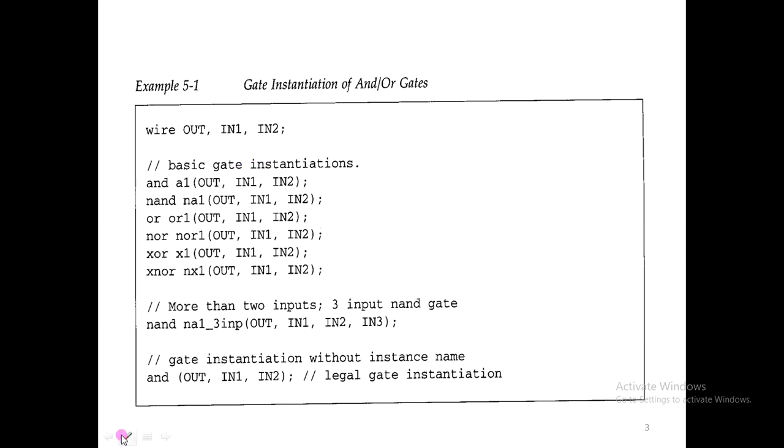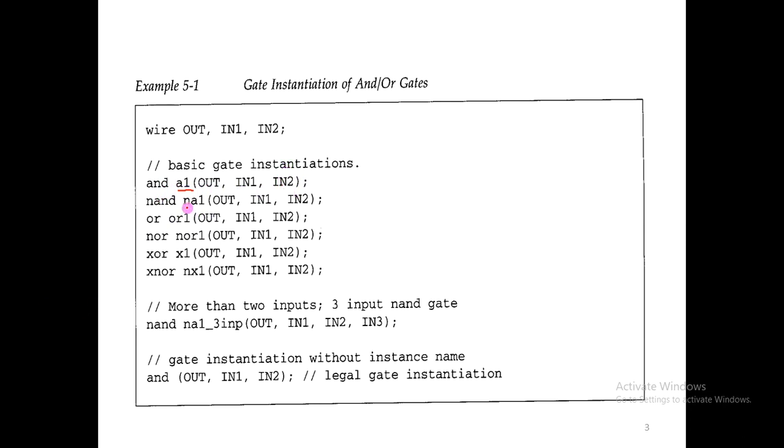So here the gate instantiation with these AND/OR gates, or basic gates, looks like this. I have a net type declaration here: wire out, in1, in2. Here I'm using a Verilog construct, and A1 is a label, an optional label. You can have it, you may leave it. Out is the output of this particular AND gate, followed by any number of inputs. It is a two input AND gate, hence two inputs.